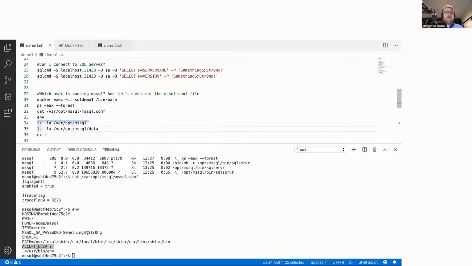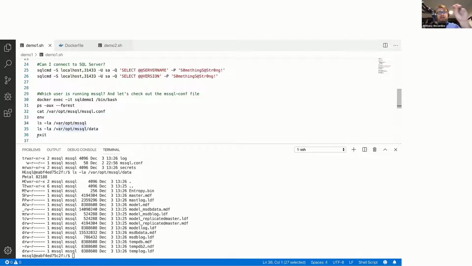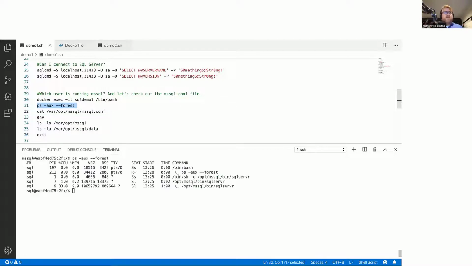If I look at our data directory that we created, we can see that it's owned by the user MSSQL for data, log, and all of the other parts of the instance. And if I look inside of data, there's our data. This data is actually stored in a data volume, although the container thinks that it's all at this location. I do want to call out that I forgot to mention when I did the process listing. Let's go ahead and run that process listing command one more time. Running as the user MSSQL rather than non-root.